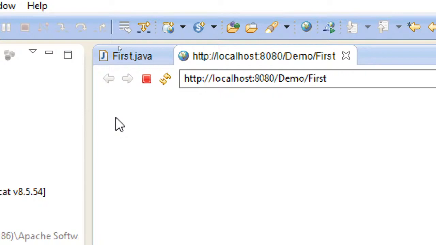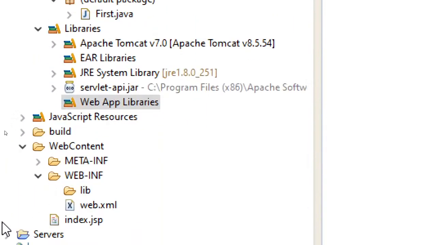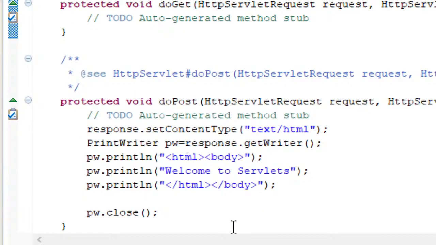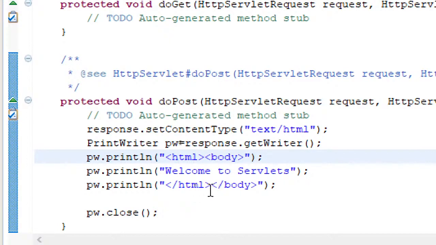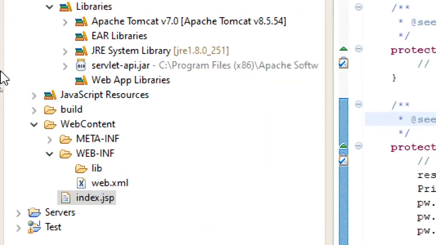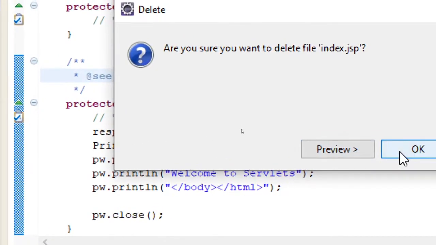So still, why is the servlet not loading? Any mistake we made in the code? So HTML body. Okay, the body tag should be closed first, and then the HTML tag. Let me save this. And let me just remove this JSP file for the time being, because that's the default one.